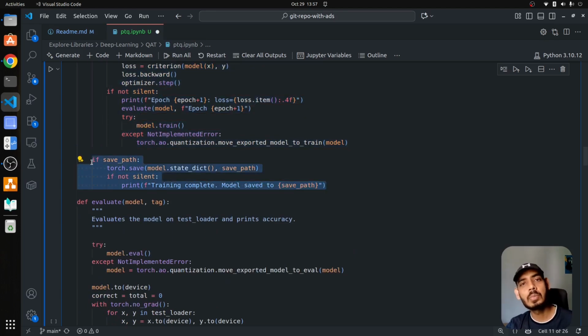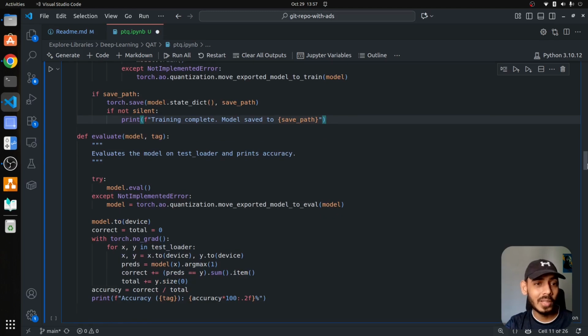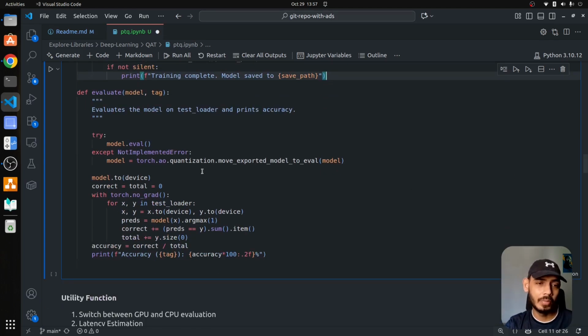So our focus is more on quantization. So we are not interested in how to train a deep learning model. We are interested in how to quantize the model. So this is just a function for if the model is not present, then you can also train a model as shown here. Then once a model is trained, you will be evaluating the model,